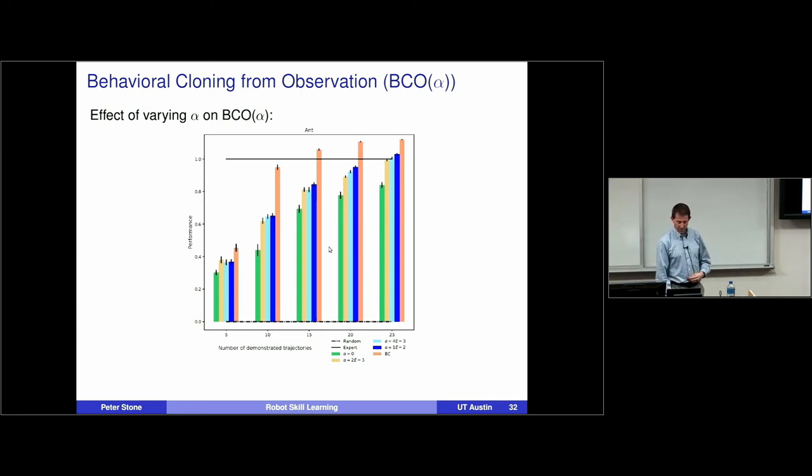What's the performance measure? The performance measure is normalized so that 1.0 means the speed of the demonstration policy, and 0 means the speed of the random policy. Think of it as, like I say, not exactly just speed. It's a 4-dimensional reward function that includes speed and faithfulness to the actual positions of the joints over time.